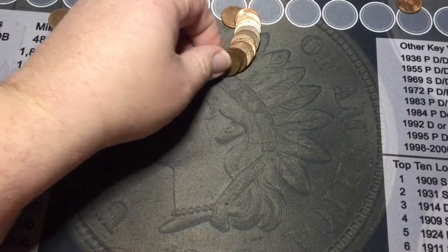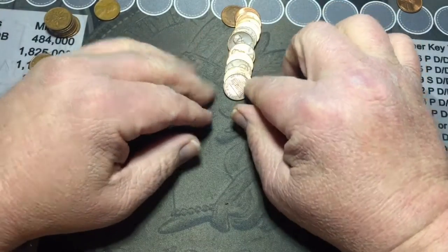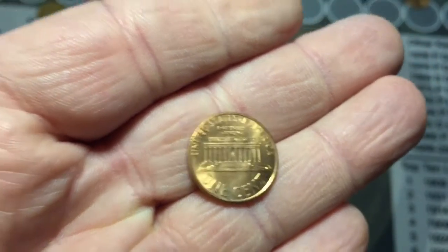Same roll, we have Canadian number 7. Good old 1969. And it doesn't look like we have any more Wheaties out of this one, so I'll bring you in on our next find. We're still on roll 6 here, and I found this